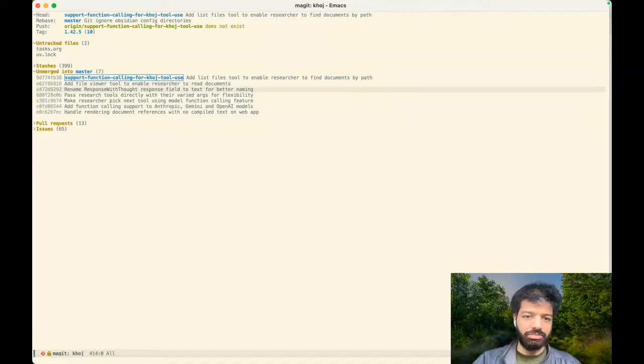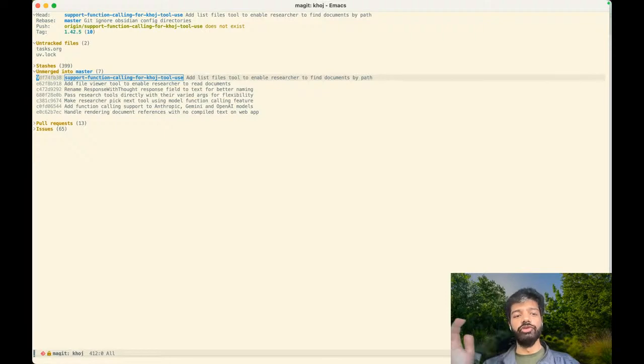But after that, these 2 are minor code improvements or bug fixes, unrelated commits. And then these 2 are the earlier tools that I mentioned being added, which was one, giving the Khoj Research Agent the ability to view one file. So it can ask, hey, I want to look at this one file whole. And this tool allows Khoj to do that.